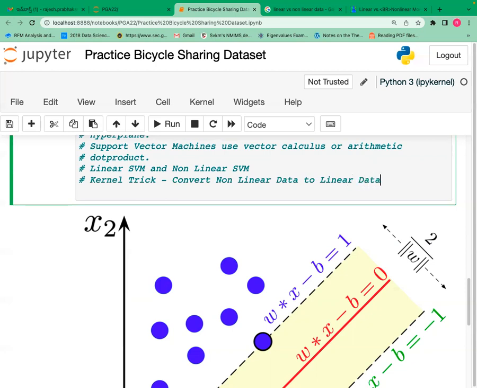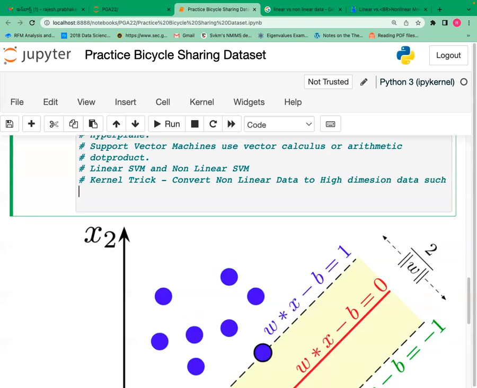Because support vector machine uses straight line equations, like y = mx + c. That is a straight line, right? So you can see here, support vector machines try to use a straight line mechanism or a linear mechanism. So these kernel tricks will transform the data from non-linear to a high dimensional space where the algorithm can use linear separation methods. The kernel tricks will convert non-linear data to higher dimension data,